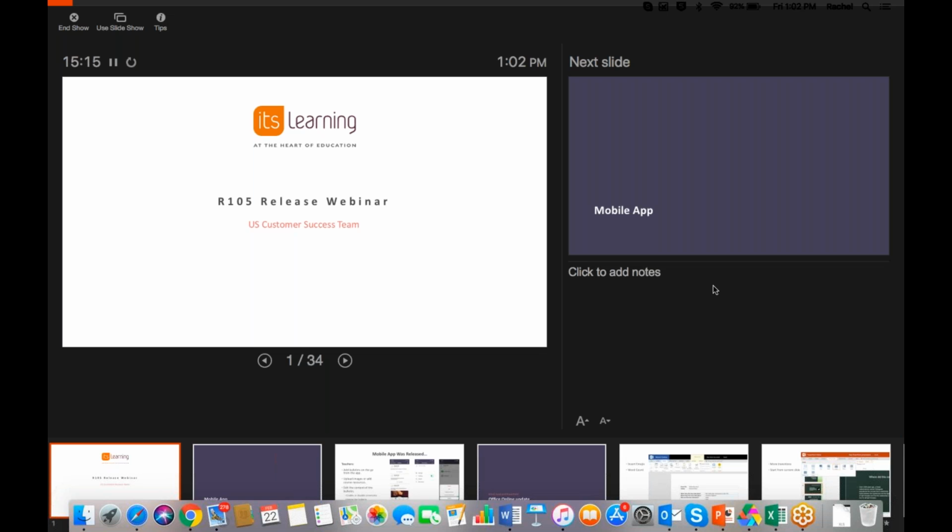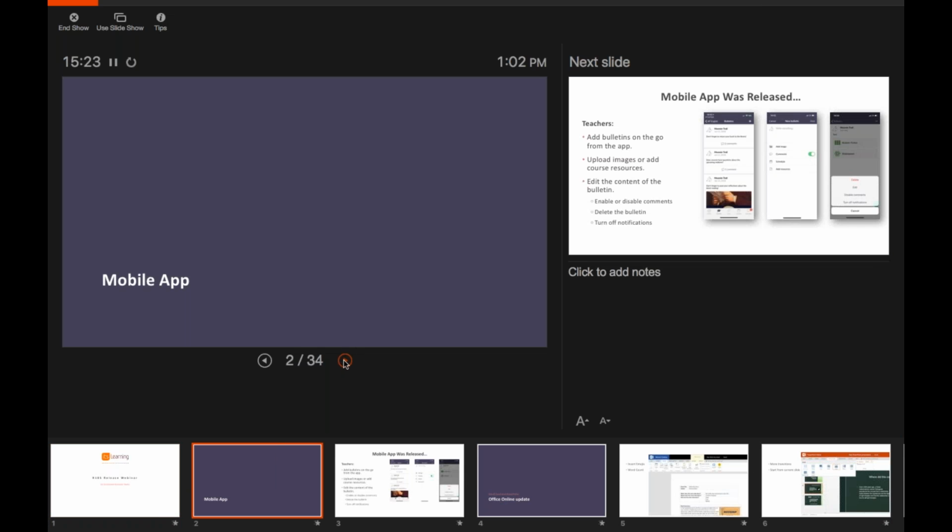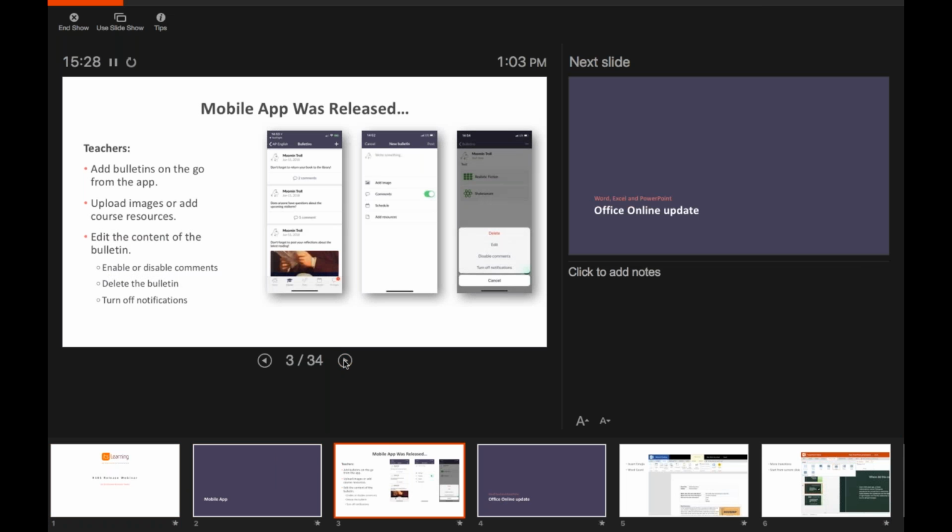So without further ado, I am going to go ahead and jump into the presentation. The first piece I want to go over is that an update of the mobile app has been released. In this release, most particular to discuss is some of the work around bulletins. Being able to add bulletins on the go from the app, uploading images, adding various course resources, as well as being able to edit the content of the bulletin with respect to enabling, disabling comments, deleting bulletins, and turning off